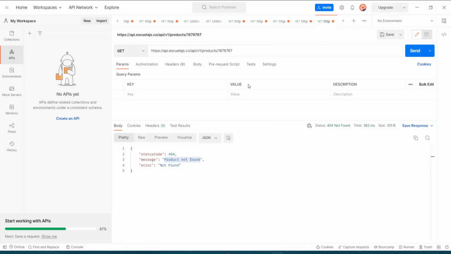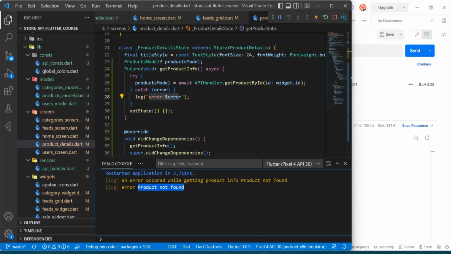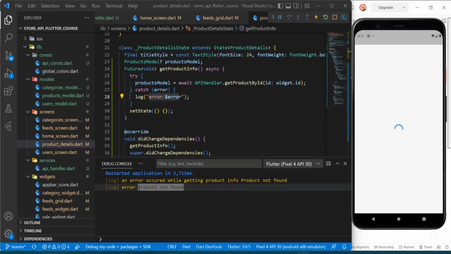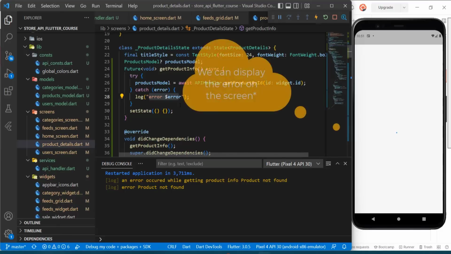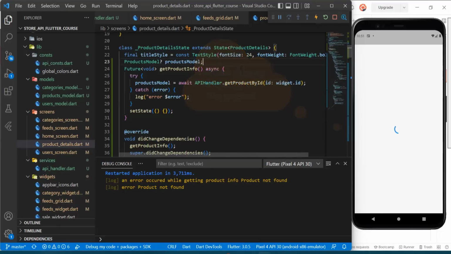Okay, and if you add any other character, you will get another type of error, which is this one. So in this case, we are showing the user a friendly message. Anyway, we are just logging it in here. We can, for example, print it. And in any case, there are many ways in order to do this, but I'll just show you